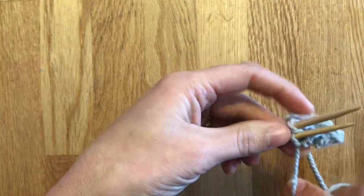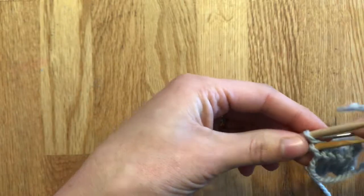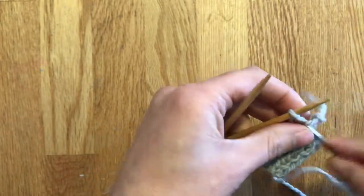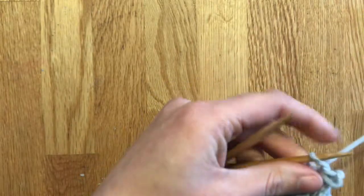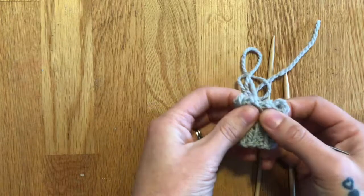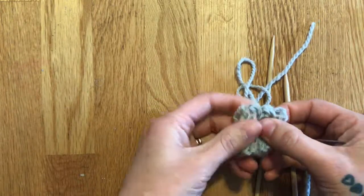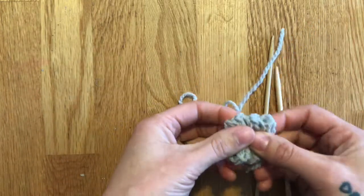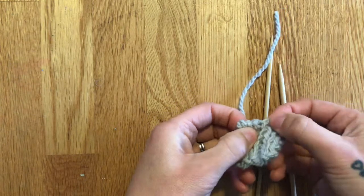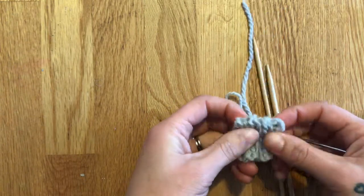When you get to your last 2 final stitches on the needles, you're just going to purl it off, knit it off. It's a little hard to see because it's a small piece, but our stitches wrap around like so. So now we have that nice tubular edge,